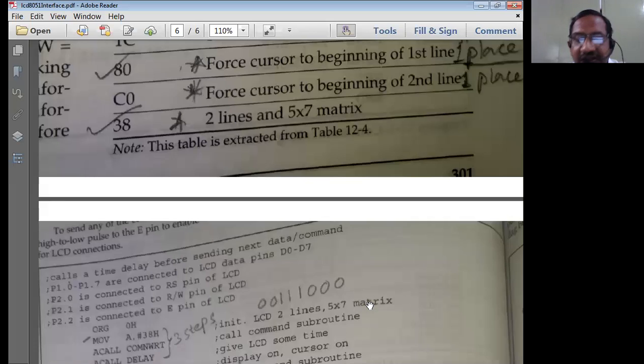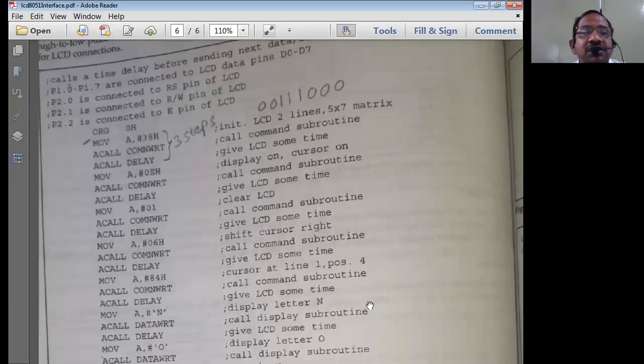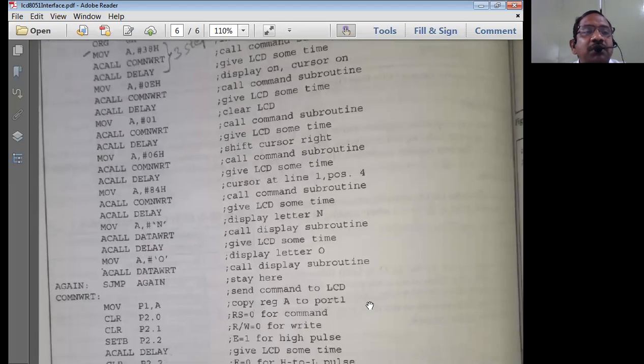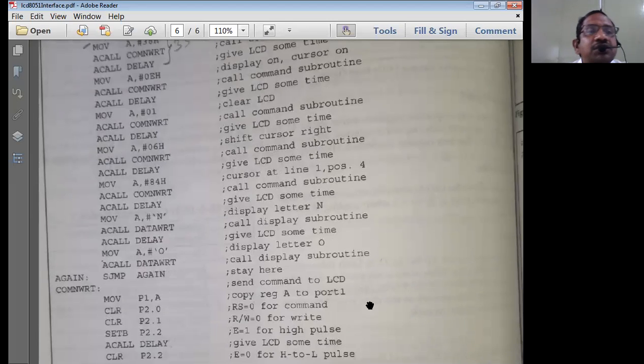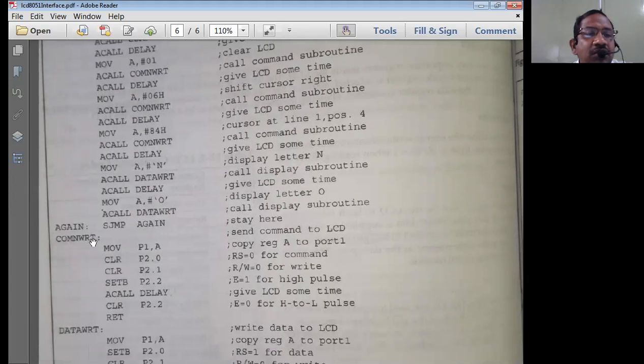So after we understand these pin connections, we go to the programming now. After this absolute call to command writing into the LCD, the control comes over here. Here I'm transferring the contents of A into P1, because the command has to be placed into port 1.